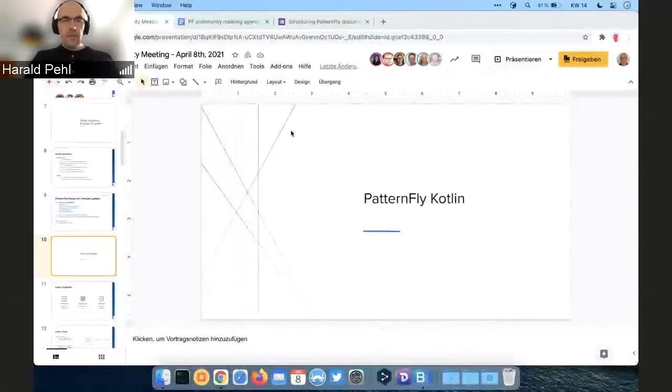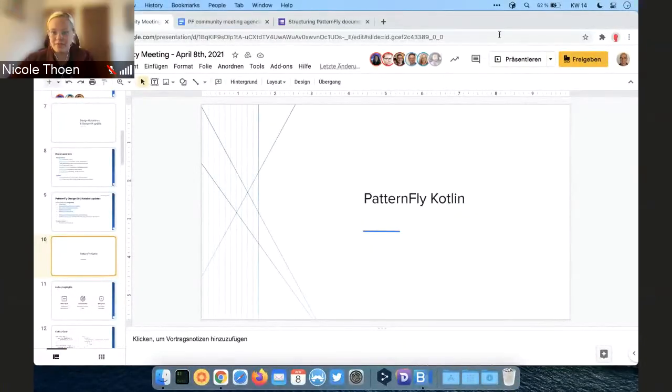And this little framework or library I want to introduce and to show is the foundation of this new console. So it's all about developing this PatternFly using Kotlin. And let me share my screen. Do you see my screen? Yes, thank you. Yeah, okay, great.